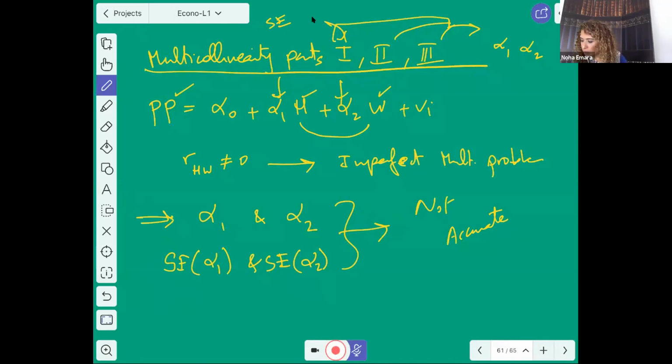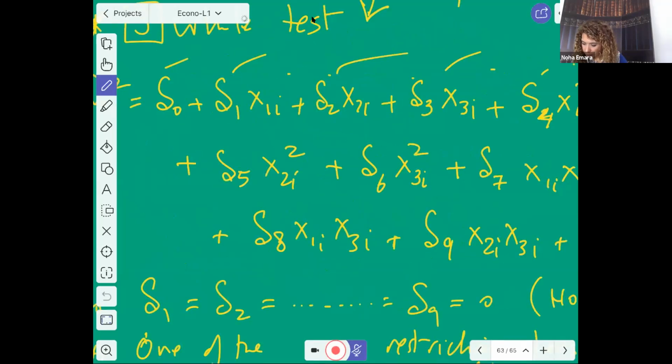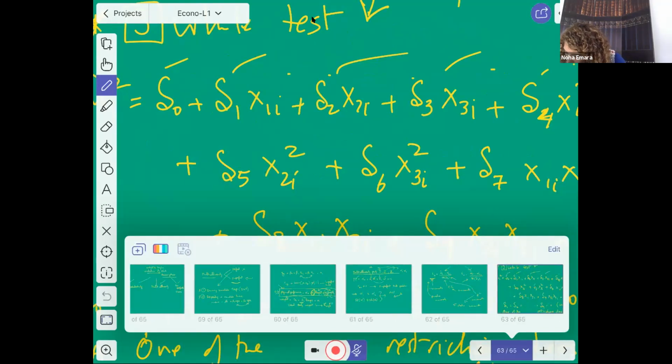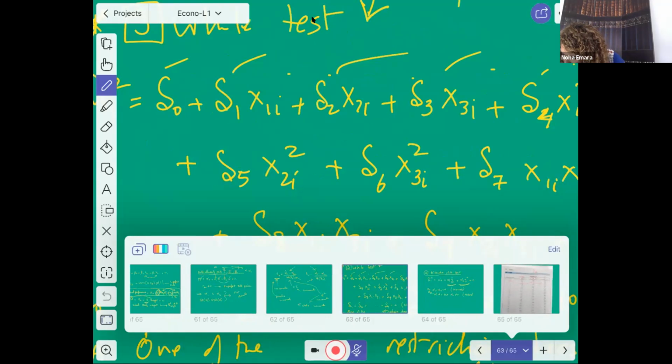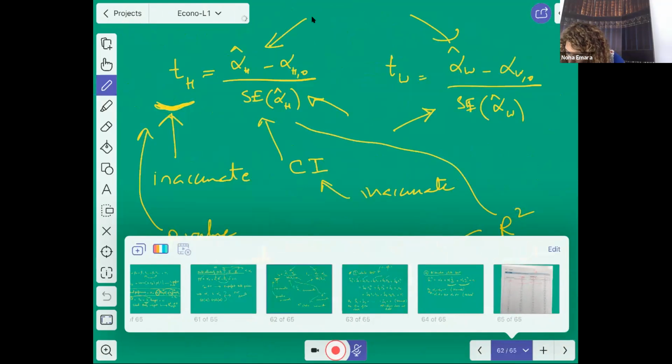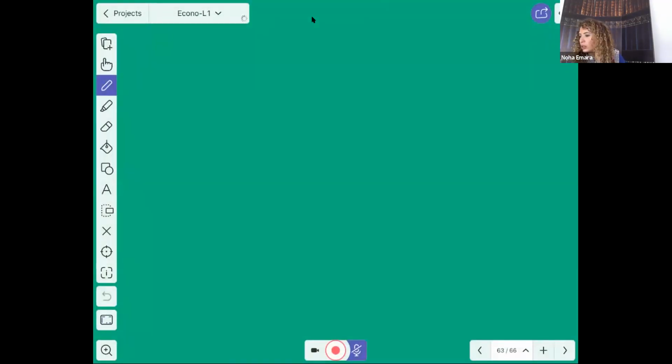So let me stress the very important point, which is about the standard error. The most important point that you will get out of these videos is about the impact of multicollinearity